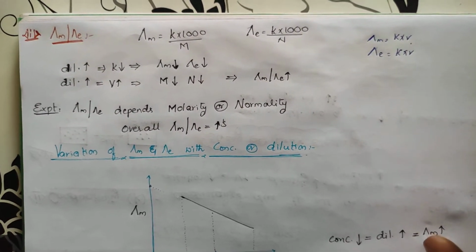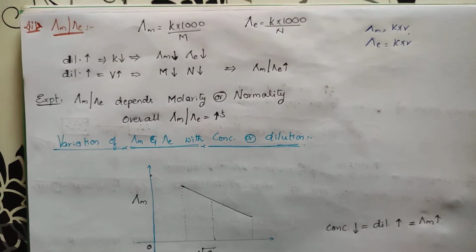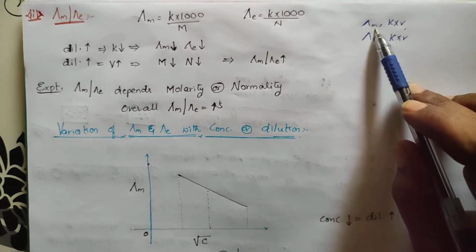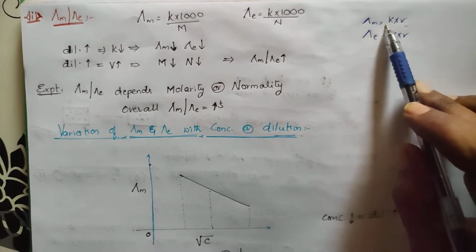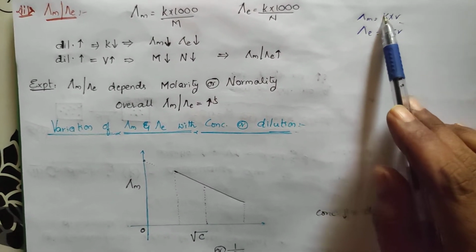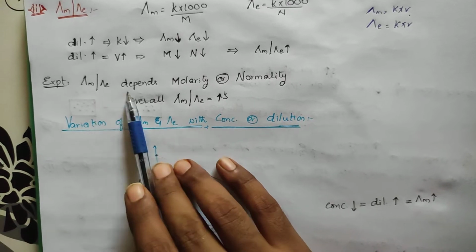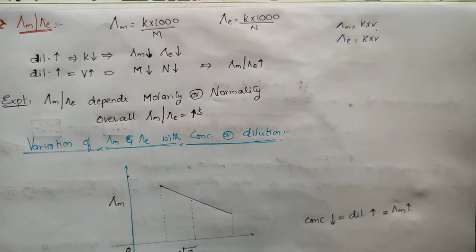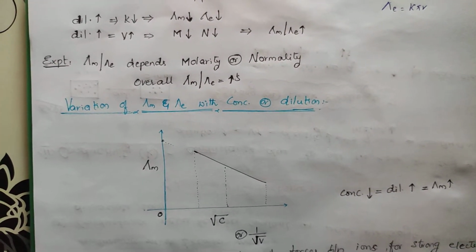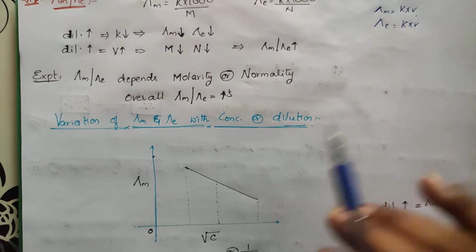So it has been calculated experimentally. But if you talk individually, when volume is increased, this one will increase. If dilution is increased, this one is decreased. When you calculate lambda M, that is molar conductance, what happens? It means among these two factors, one is dominating. Volume is the dominating factor when compared to K. So if this increases, lambda M or lambda E will increase. Molar conductance or equivalent conductance depends upon the molarity or normality. Overall, based on the two factors, dilution as well as conductivity, the net result is that it goes on increasing. The K factor will have less effect on the molar conductance as well as the equivalent conductance.